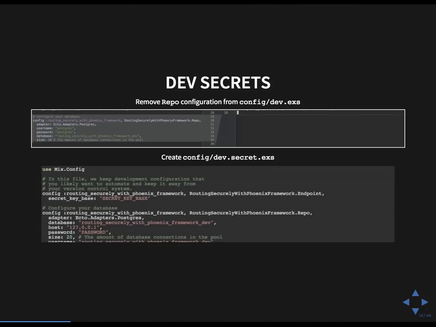config/dev.secret.exs will have the secret key base for the endpoint and the entire repo configuration. You could put the common keys for the repo configuration in config/config.exs, but this way the reader doesn't need to know which keys are at fault. So the config